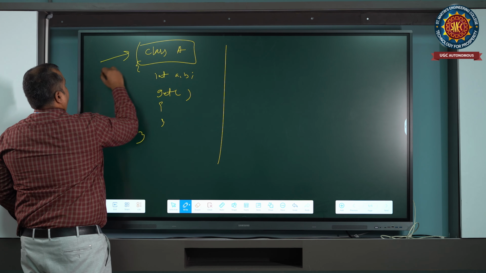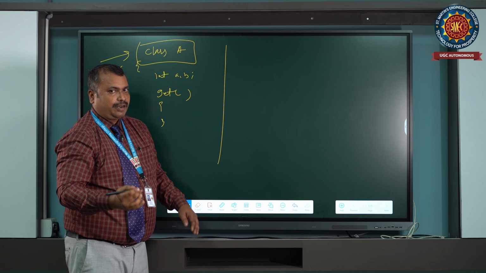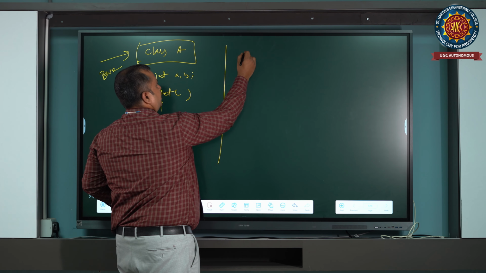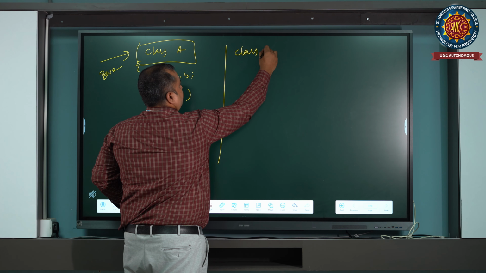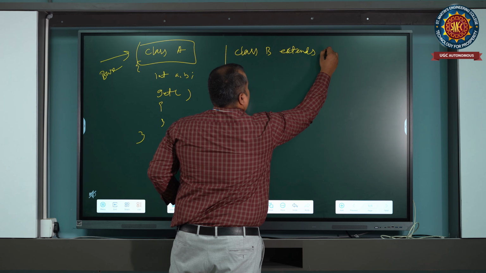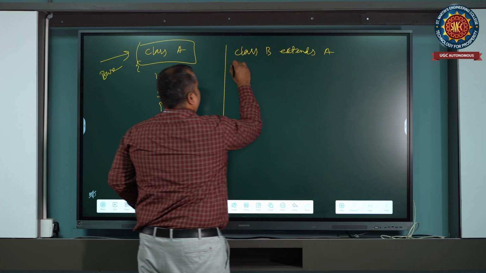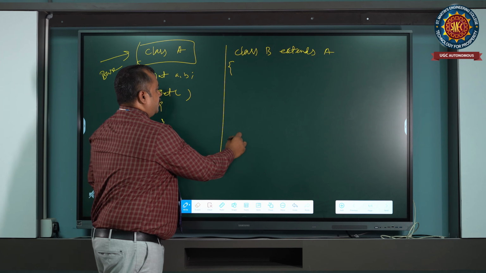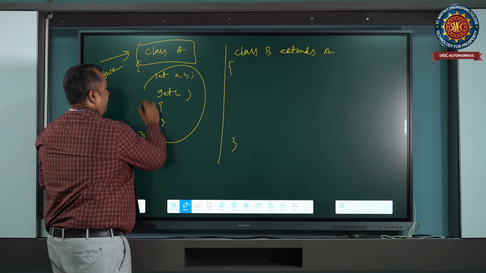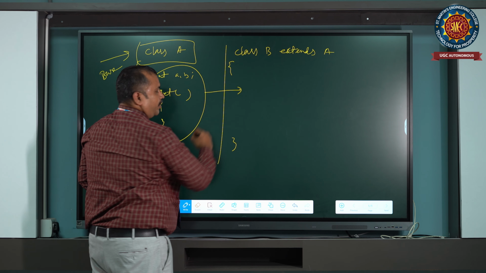Then I construct one more class that has all the properties of A, that is class B. Class B extends class A. So whatever class A can have is also made available here.